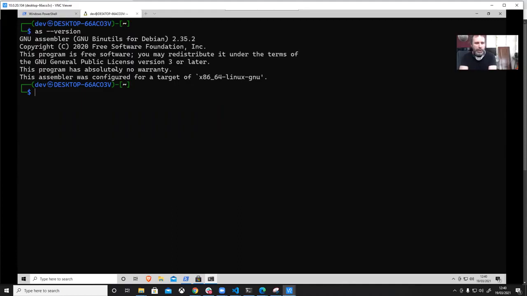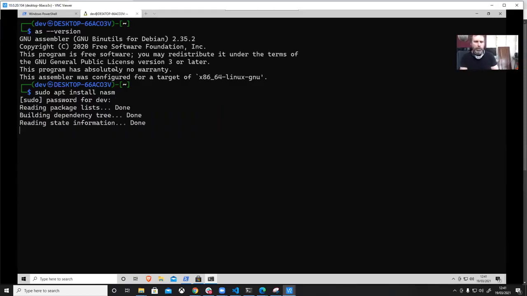So for now, there's either FASM, which is flat assembler, TASM, which is turbo assembler, or NASM, which is netwide assembler. One of the more popular ones is probably NASM at the moment, but feel free to use any. Sudo apt install nasm